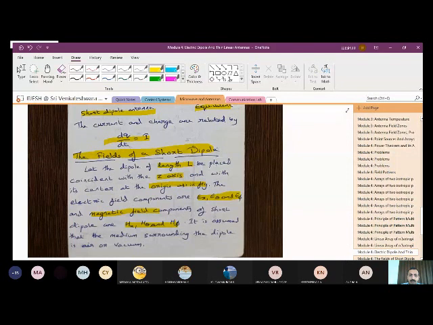So we have electric field components as ER, E theta, E phi, and magnetic field components are HR, H theta and H phi. It is assumed that the medium surrounding the dipole is air or vacuum. So when you consider the fields of a short dipole, for simplification, we write the equations for each field, with respect to the magnetic field or the electric field.